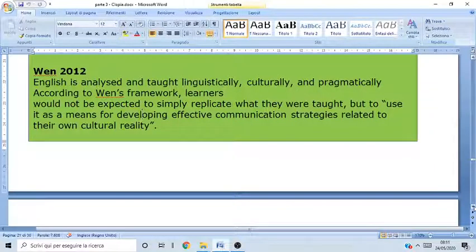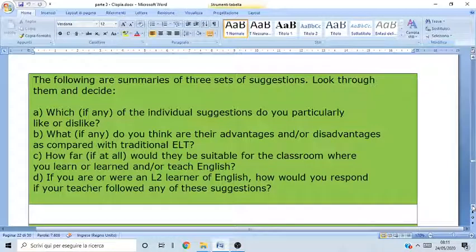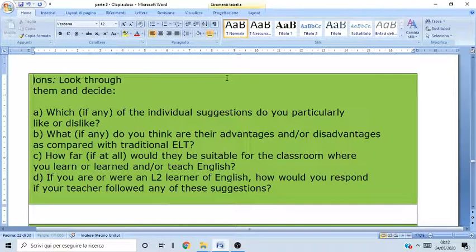And so English has to be taught not only from a linguistic point of view, a language point of view, but it also has to consider cultural and pragmatic aspects. Okay. And so this is what Wen suggests when it comes to teaching English. Sorry, the suggestions were above. So looking at these three scholars' suggestions,